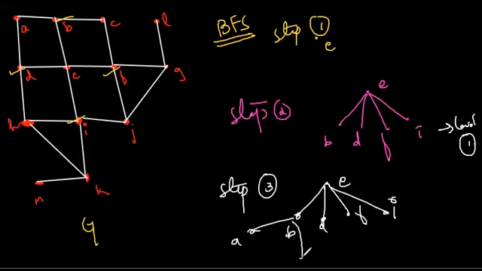So A and C. What about D? D is connected to A, which is already in the spanning tree. D is connected to E, that is already in the spanning tree. We have H over here. So the new vertex adjacent to D is H. What about F? F is adjacent to C, J, E and G. I already have E in the graph, but I don't have the other three.